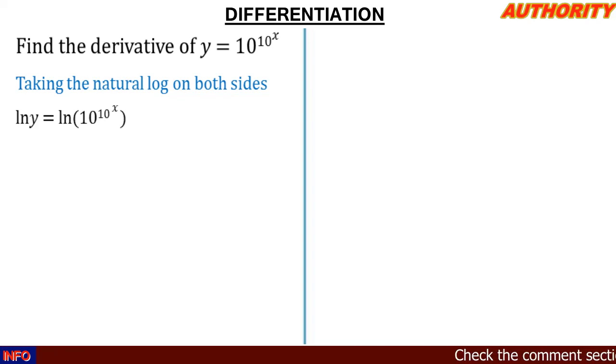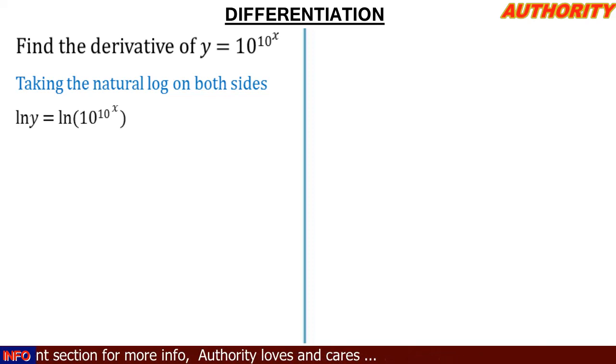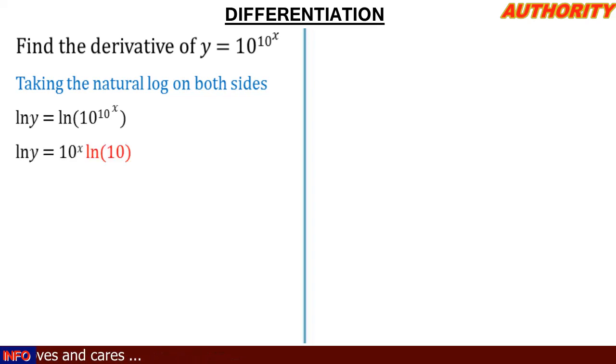In the law of logarithms, whatever the power after the base, we take it down. The base here is 10, and the power is 10 raised to power x. So we bring down 10 raised to power x behind the ln. So here we have ln y is equal to 10 raised to power x